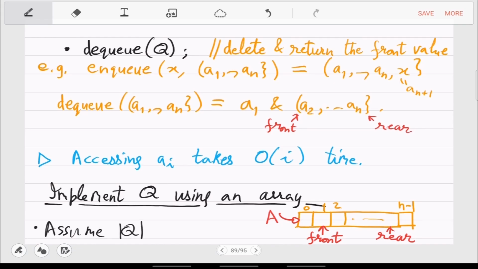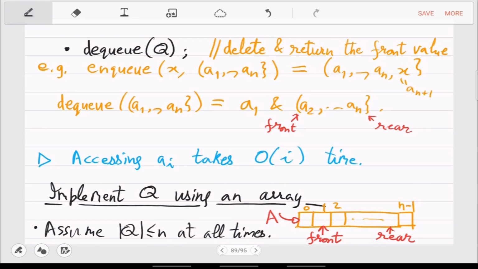Assume that the queue size is less than or equal to n at all times. Still, this will not be a solution. Just declaring an array of size n will not be enough, right?